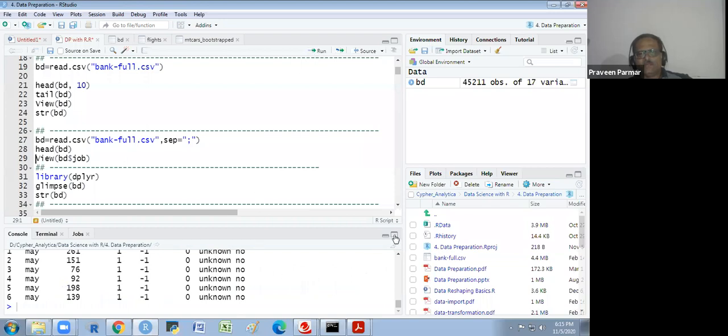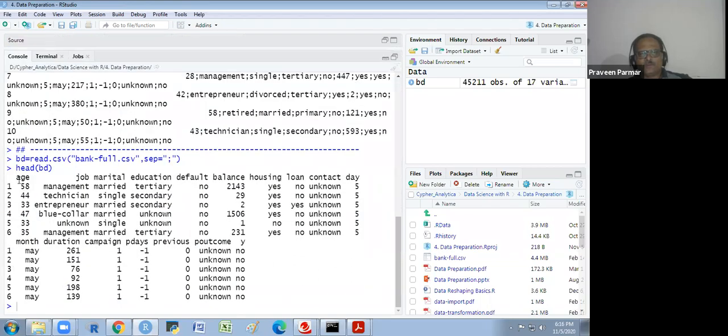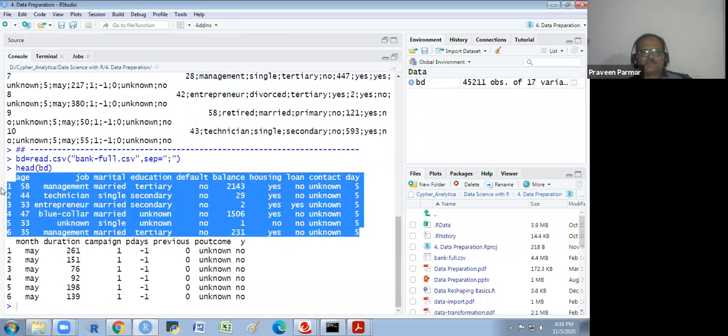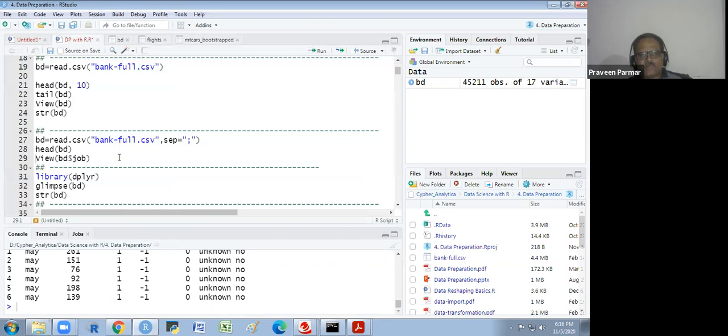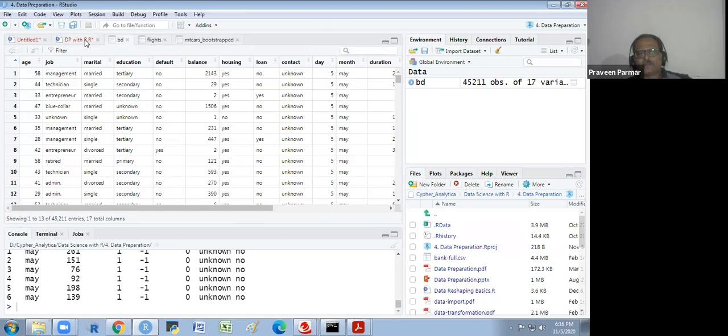With head, you will get the top 6 observations of the data when you run it, and on the console it will print the top 6 observations. So you could have some idea about the data. And if you use View with capital V, then you will get the whole data in a view format here.